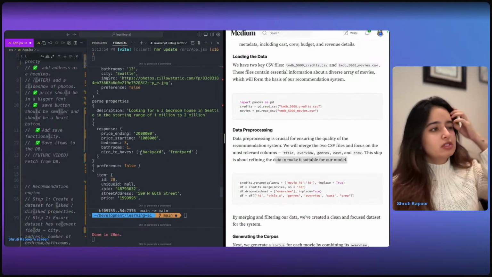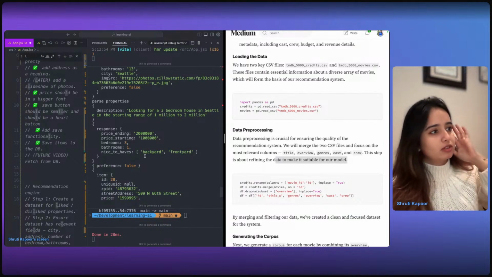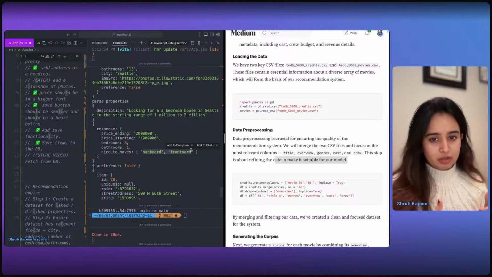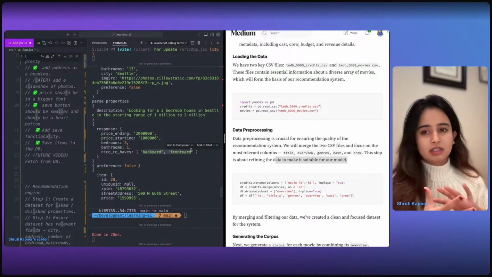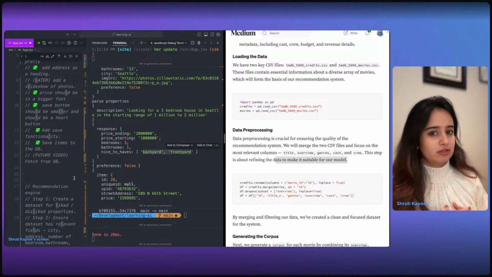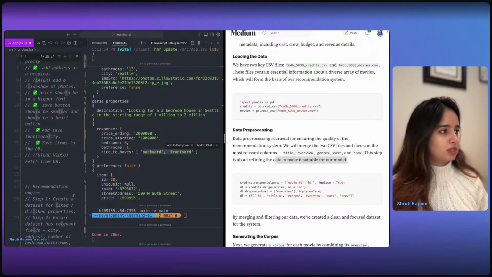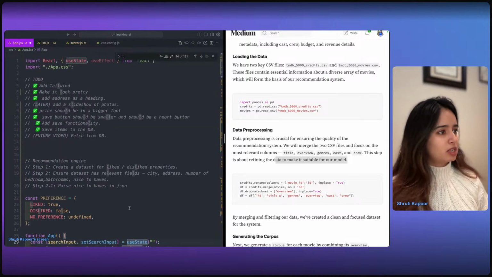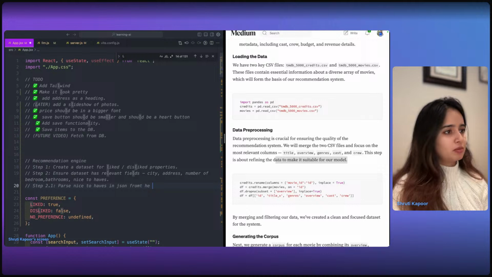Backyard, front yard. So it's just a string array, but we need to be able to parse this out of the property that we're viewing so that we can create a list of nice to haves that the property has. That's what will help us differentiate one property from another property. So we have to create parse nice to haves in JSON from the property listing.